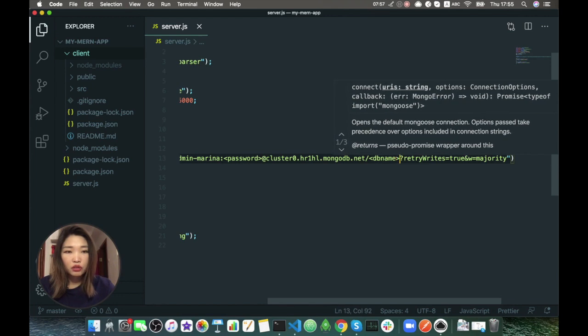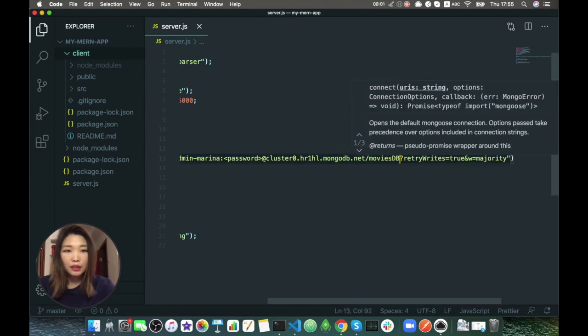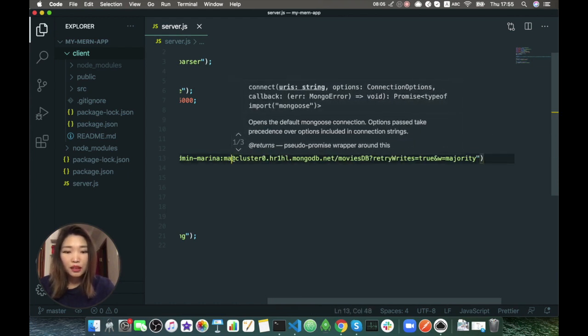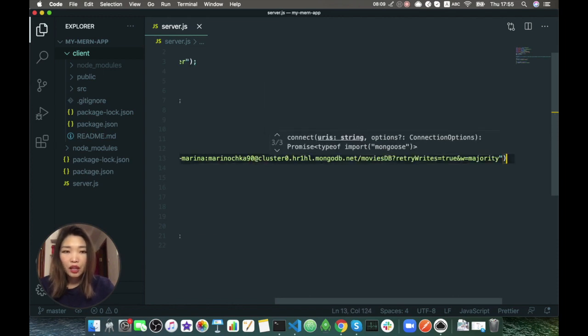Here I want just to change two things. The DB name, as we said, is movies DB, as it is called in our MongoDB Atlas, and the password I'm using for my DB account is this one. Okay, so we connected our